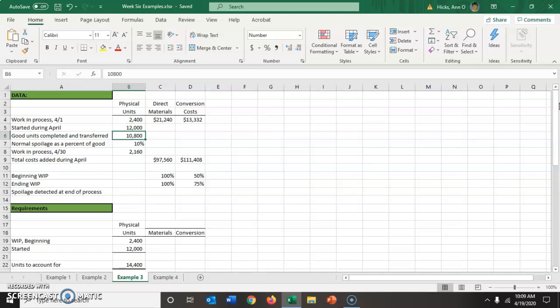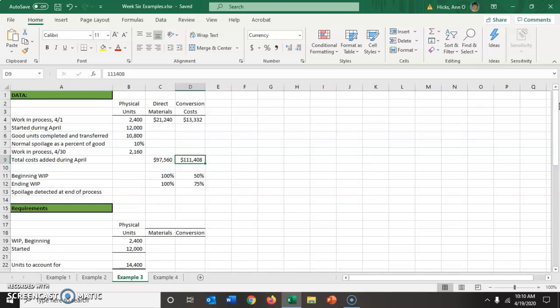We completed and transferred out 10,800 good units. We anticipate, or from a management perspective, we accept normal spoilage to be 10% of the good units, and work in process at the end of April was 2,160. In terms of costs, we incurred additional costs in April of $97,560,